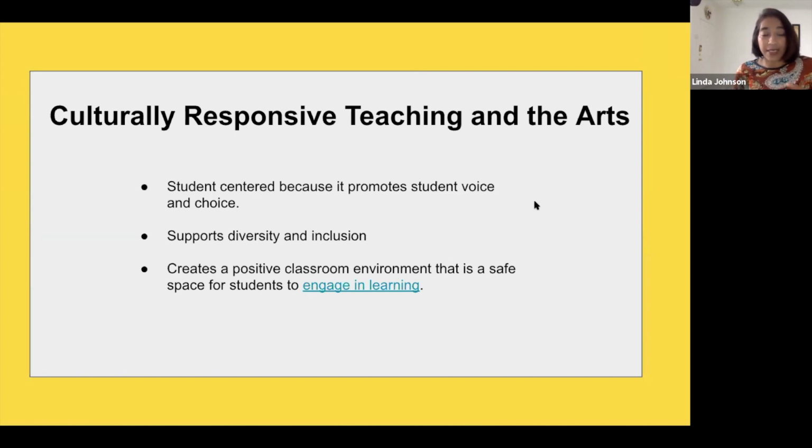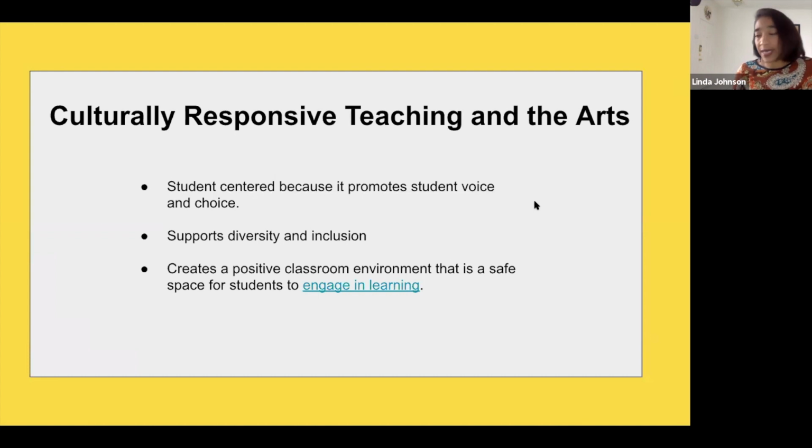So, different needs, yes: a person's background, a person's culture, race or ethnicity, their socioeconomic status, whether they're male or female, their gender or their sexual preference, their religion. You've got all of those things that have to do with being culturally responsive. And so you have this diversity in your classroom. You want to make sure that diversity is in your classroom, and you also want to make sure that everybody is